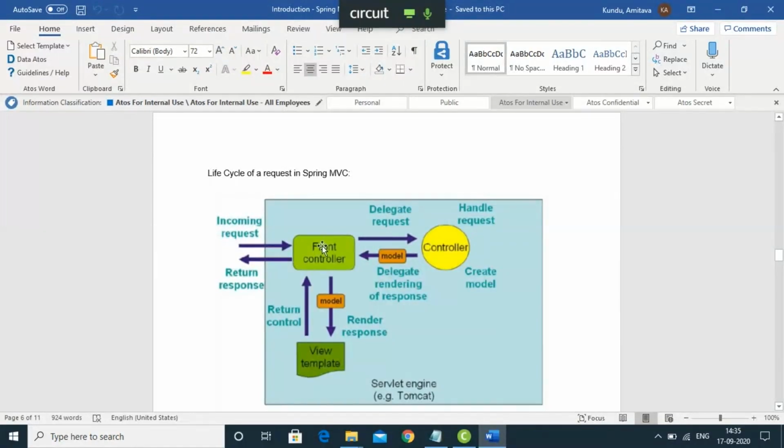Based on the type of request, it forwards the request to a specific controller using a handler mapping. And when the request is forwarded to a specific controller, it delegates the request